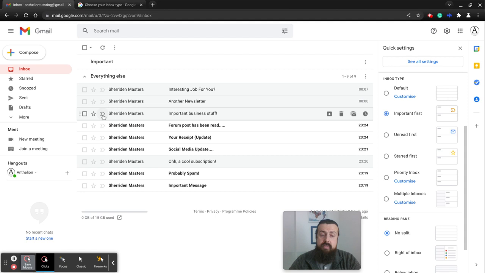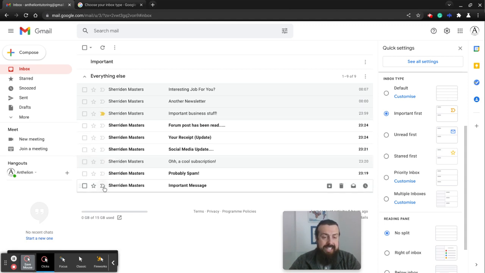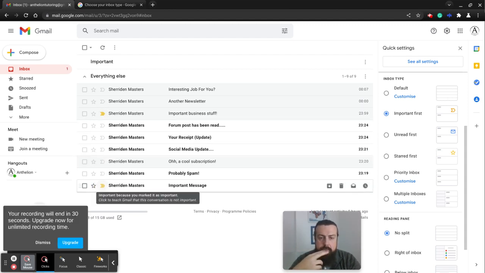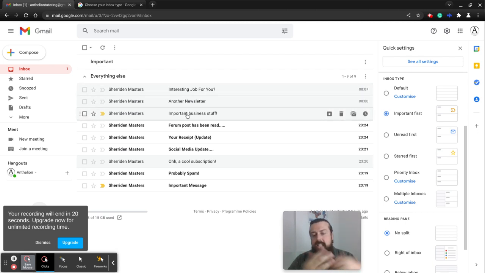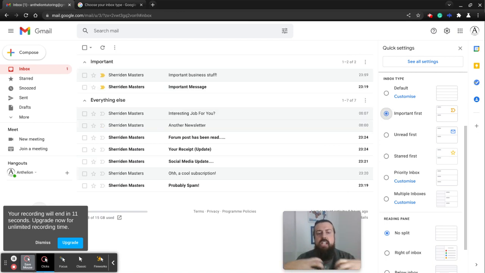So important business stuff, for example, important message. You can see I've contrived this somewhat. Interestingly as well, you can see that some of these are unread. The bold ones are unread, and the grayed out normal case ones are read emails. I'll show you that in a second. When you identify your inbox as important first, you'll start to see that things that you label as important are brought to the top. If you can imagine if we had 50 emails in this box and there were important ones all throughout, it would draw them up to the top very quickly. So this is the most